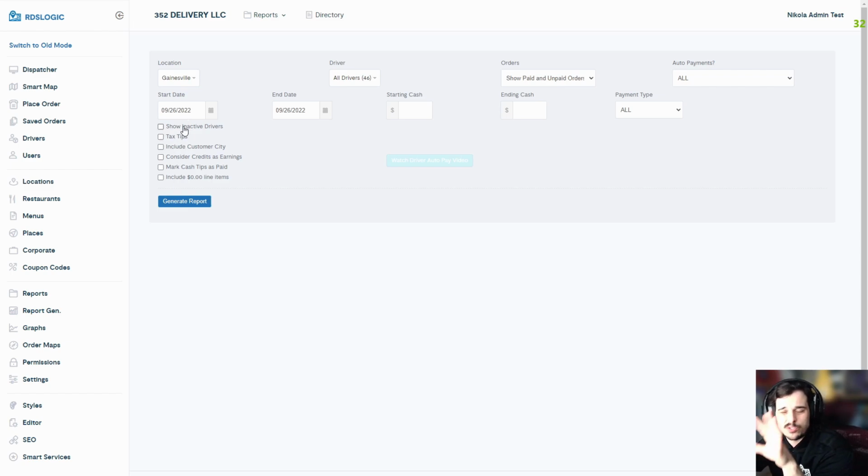These are all little useful tools, but if we're talking about unpaid orders specifically, you will not need to worry about this too much unless you have 200 drivers and it's really hard to navigate through unpaid orders. But let's just say we show all unpaid orders. We're going to generate it, and we're not going to go into detail, but I just wanted to show you that